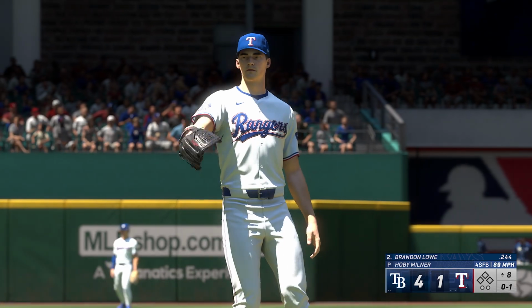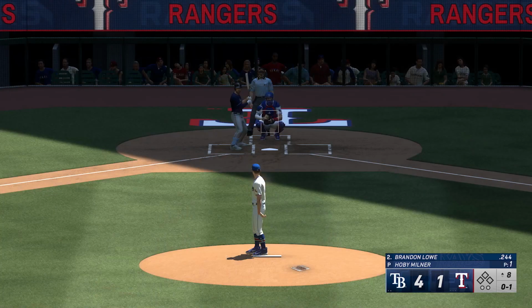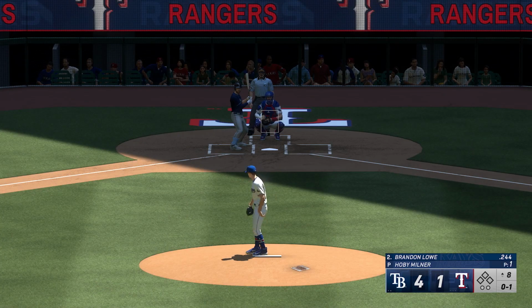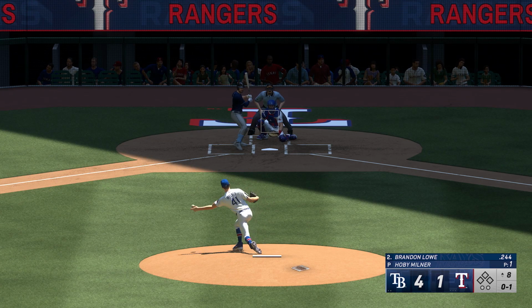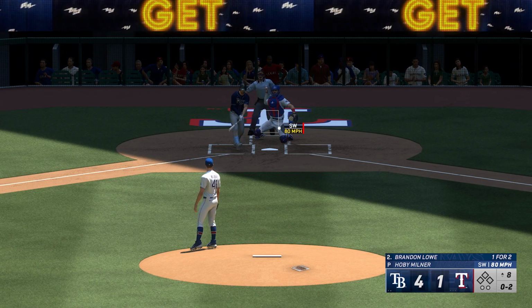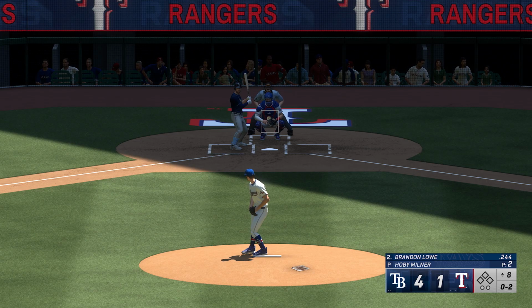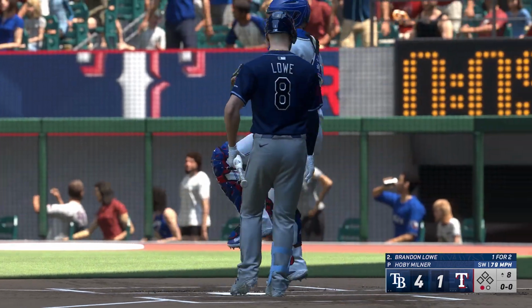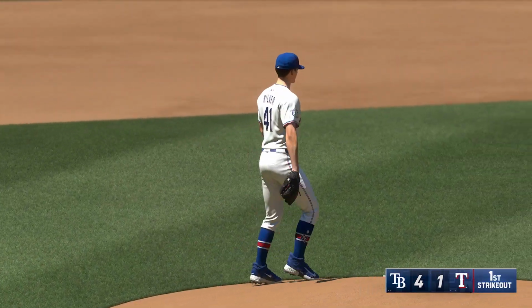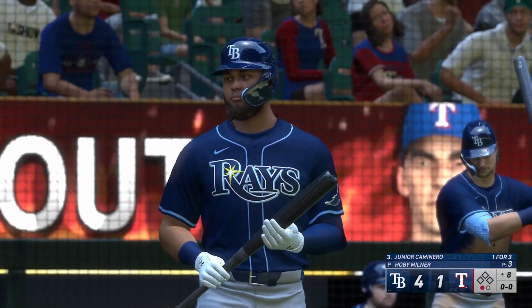Right through there for a strike. Well, that's really the money spot. Down and away. If you can locate that consistently, it's going to be real tough for hitters to square that up. That's what you love to see relievers do coming out of that bullpen. Here comes the 0-1. Swing and a miss, and that's strike 2. No ball. 2 strikes. Swings and misses, struck him out. Well, that at-bat seemed to be over as soon as it started. 3-pitch strikeout. You've got to be better at the plate right there, at least to foul something off, extend that